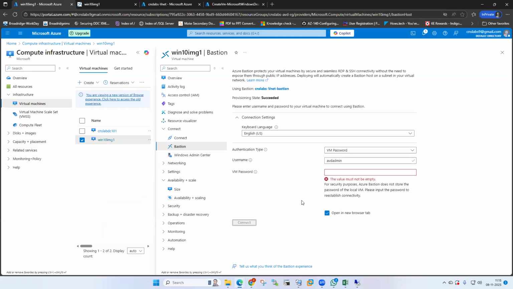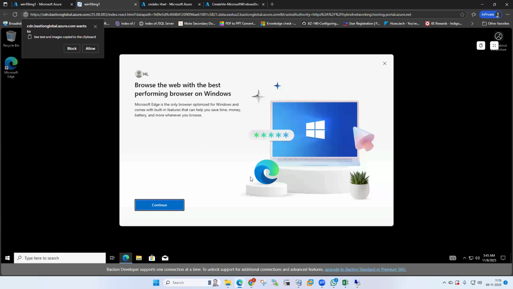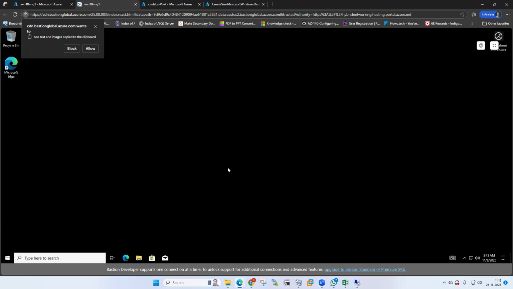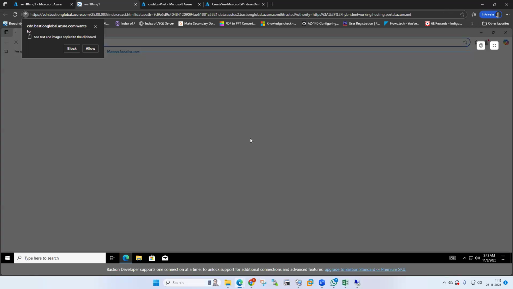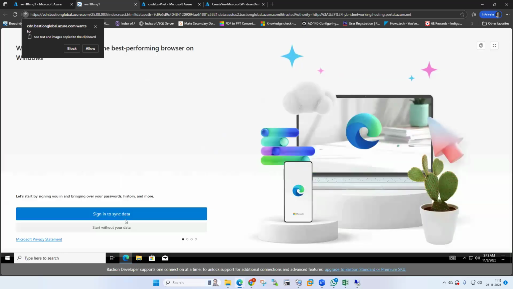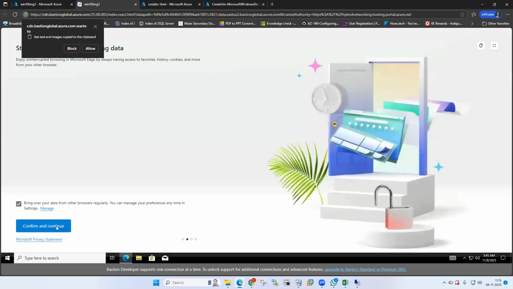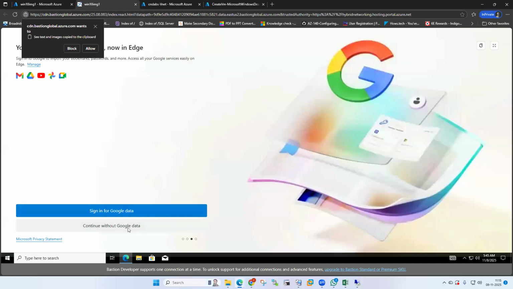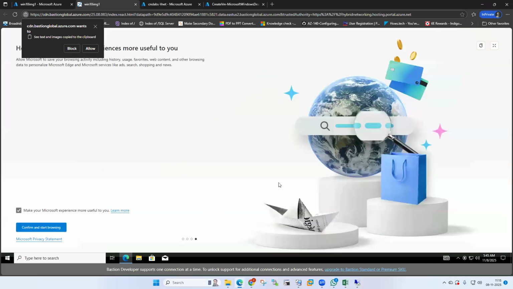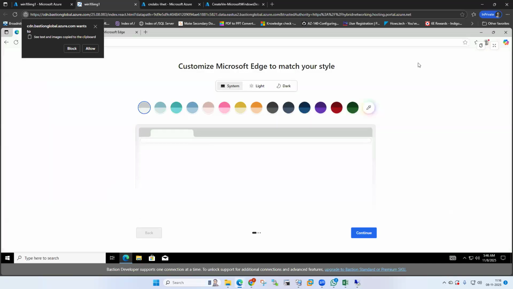Without Active Directory, we can't proceed. So we require one service account. So how to create